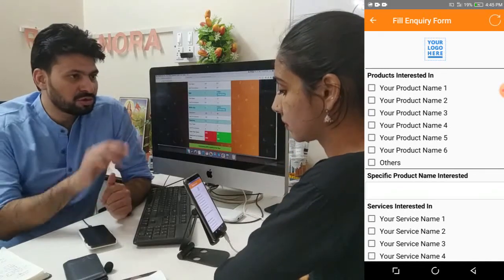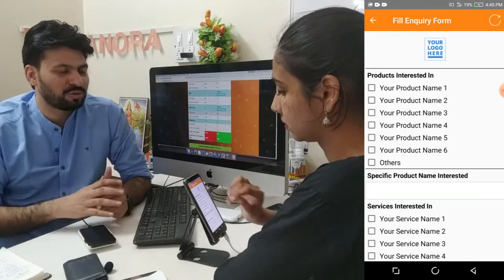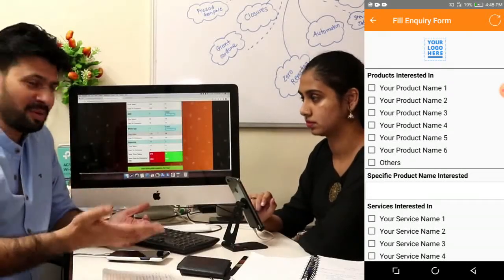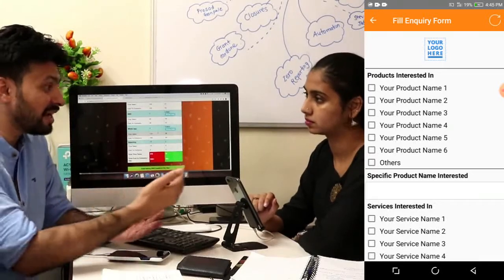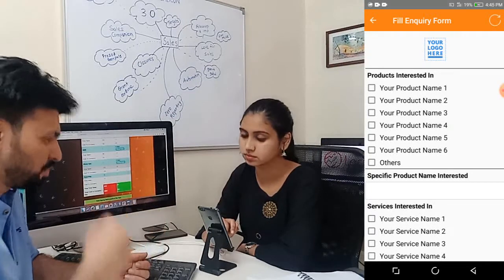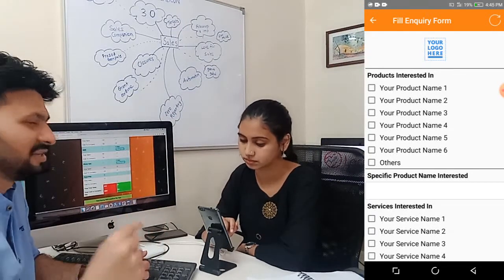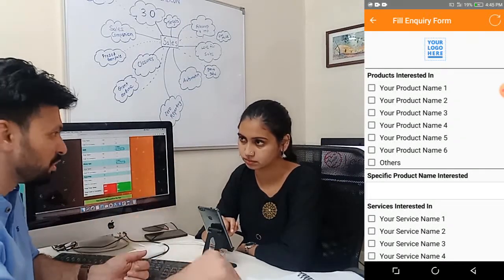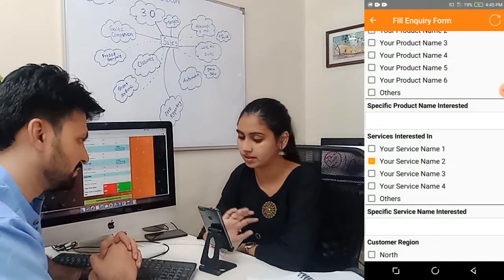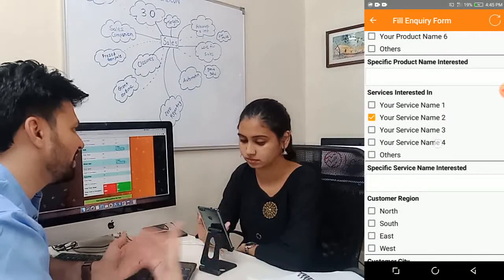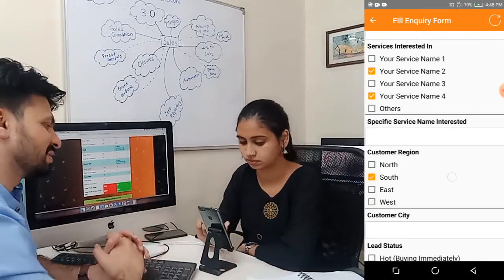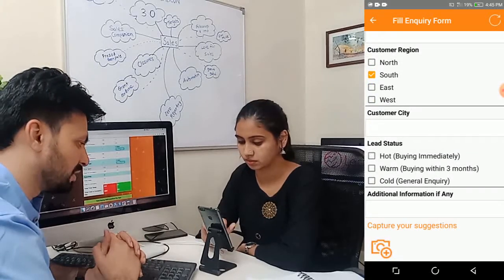So now you could choose a certain product. While the sales team members are having a dialogue with the customer, they can understand the customer better, and they say, okay, he needs product 1, product 3, product 4. In services, he requires service number 2. So please do that. You can choose those options, any options. This is where the sales team members are connecting with the customers and getting better ideas about it.